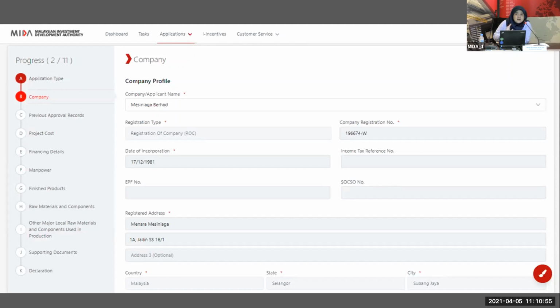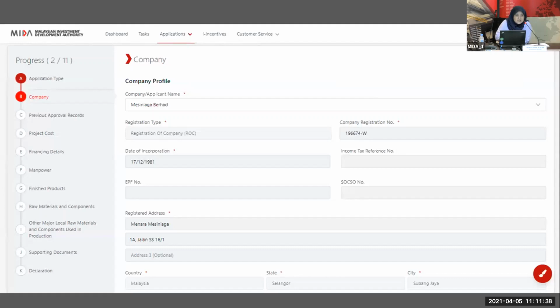Okay, there are common issues that are reported by companies, saying that the board of directors is not populated, is empty, or the contact person details are not correct, not updated. As I mentioned earlier, you have to update the company profile first. Let's say when you create the application, you notice that the board of directors is empty, what you have to do is update your company profile first. Fill in the correct board of directors information, and accordingly it will be populated.